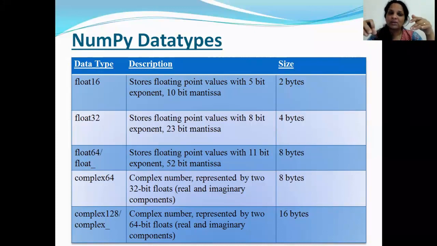Similarly, for complex numbers, it's giving you complex 64 or complex 128, depending upon whether your complex numbers are small or big. To avoid all confusion, if you are ever in doubt of what to use, use int underscore for all integers, float underscore for all floats, complex underscore for all complex. But the only thing is, remember, there could be wastage of space.